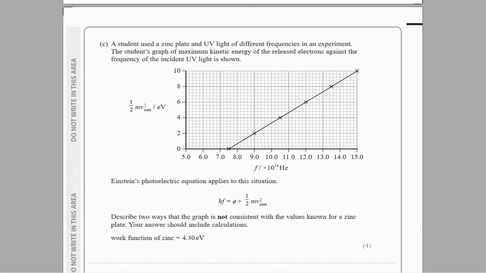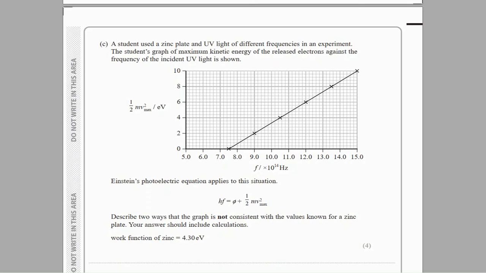Forget everything, clear your mind. Just look at the graph and say, the question says, describe two ways the graph is not consistent. So first things first, it's a graph of kinetic energy against frequency. You have seen this in my lecture as well as in the fact sheet. So what does a kinetic energy against frequency graph give us? Two things actually. One would be